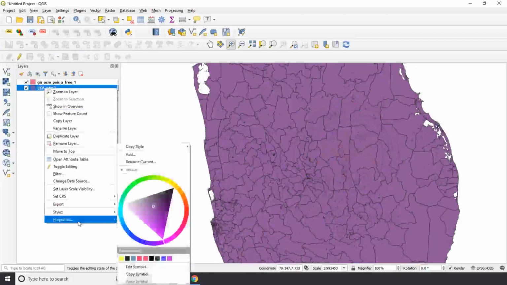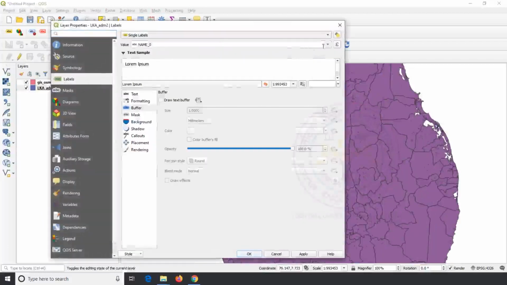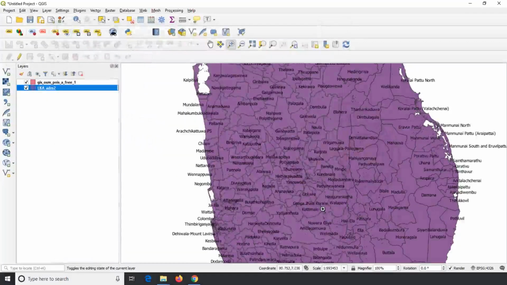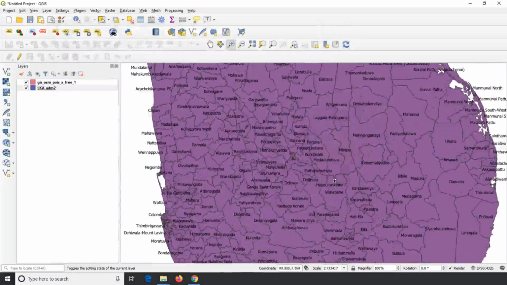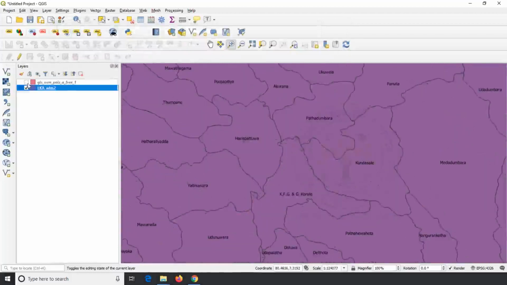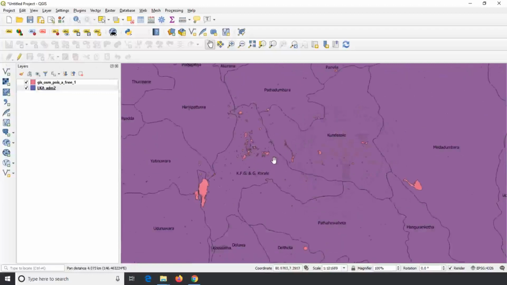I am labeling the names of the places using the attribute field called NAME_2.